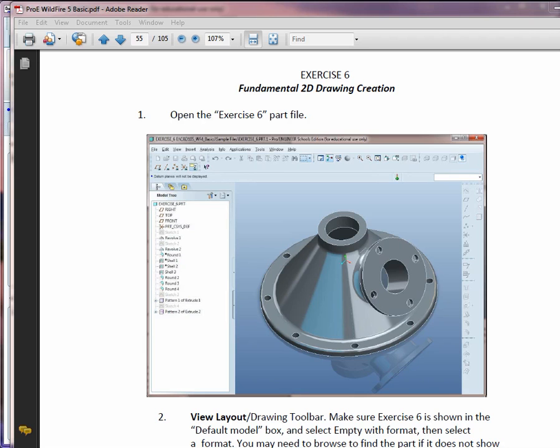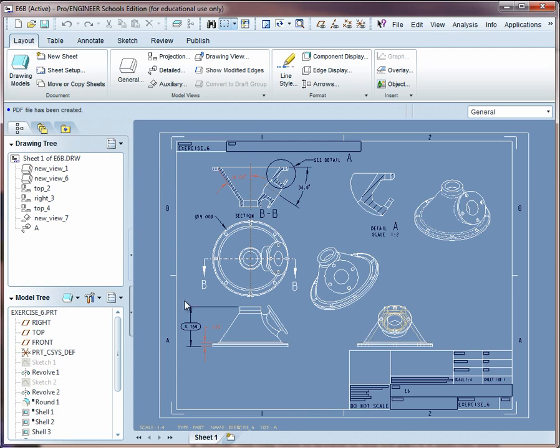Exercise 6. In this exercise we take a look at the functionality in ProEngineer with regards to creating two-dimensional drawings from 3D models. We begin by taking a look at what our goal is, and in this case you can see it's a two-dimensional blueprint, and we want to create several different views: front, top, right,